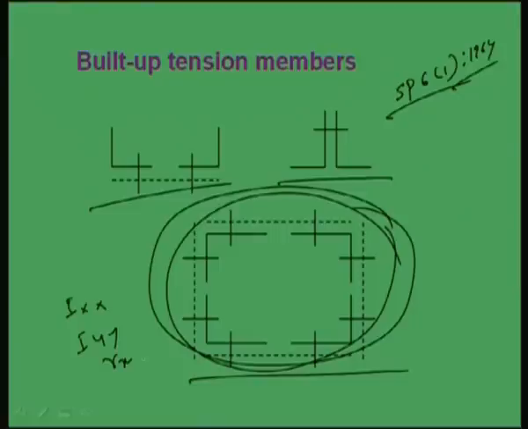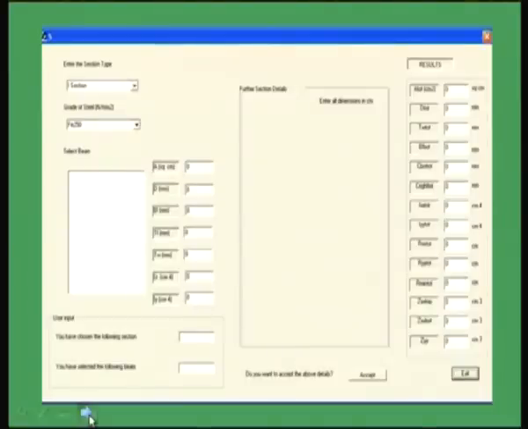So in this way we need a lot of calculations in between, which is very tedious and laborious. That is why, if we can make certain software, then we can use the software to find out the sectional properties. In fact, while teaching our students, we have developed some sort of software with the help of students. In different ways, you can also find some software from the internet or make some software on your own to use for this type of built up section.